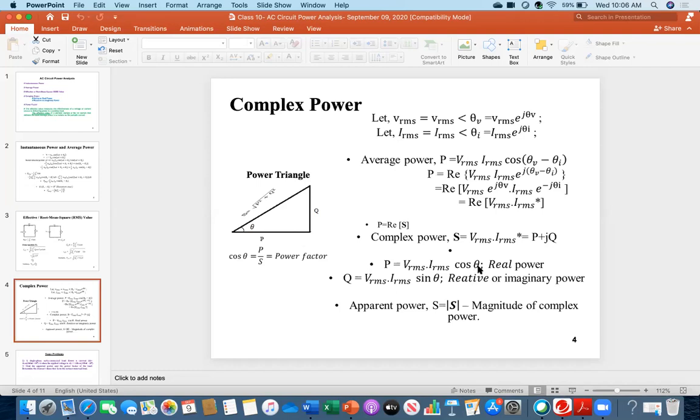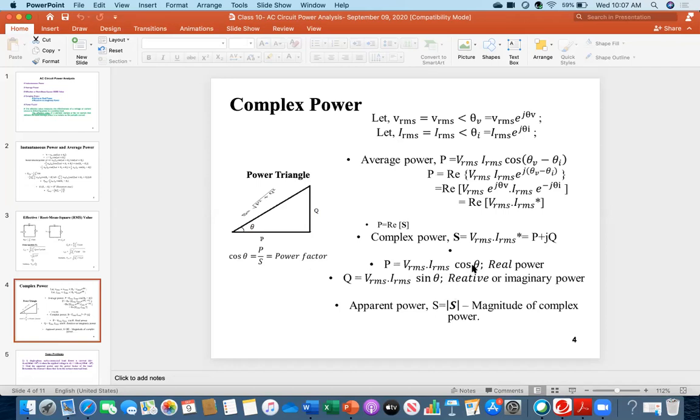Theta will be 0 for resistive, that is the rare case. Always in a series circuit or parallel circuit, there will be a combination of resistance, inductance, capacitance. Accordingly, there will always be some value of theta. That's why the maximum value of this factor is 1, so your maximum power will be Vrms times Irms. But if it is 0.5, then your power is getting halved. That's why this factor cos theta is called the power factor. When it is 1, then it is the maximum power. Otherwise, the power value will be low.